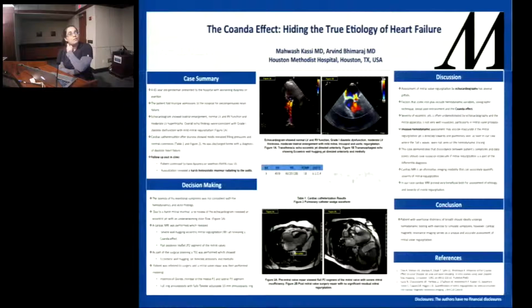Okay, this is a case for fellows in training. I didn't expect this case to be accepted to begin with. It's a very minor thing that we see day-to-day, everyday mitral regurgitation quantification errors by transthoracic echo. So this was a fellows in training case. No, it's not oral, it's a poster presentation, which is one of the pitfalls of this poster, because a lot of these were good images and I could have presented it better in a slideshow, but these are still images, which makes it a little more challenging.